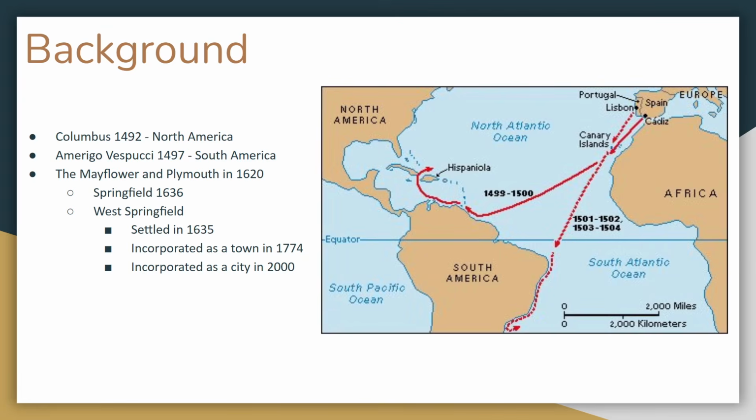And then we're going to jump forward to the Mayflower and Plymouth. If you guys remember your elementary school education, especially if you grew up in New England, they made it out to be a very big deal. They did found the beginnings of what would become the traditional 13 colonies, but there were a whole heck of a lot of expeditions and European people in North America before that. Roanoke, Jamestown, things like that. Their success rate is arguable.